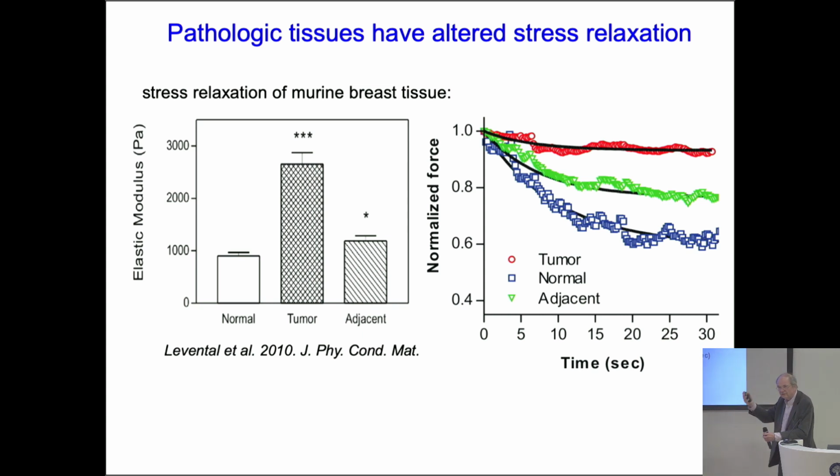And that's because of this viscous part of the mechanics of the tissue. But the tumor is almost completely solid. It's stiffer, but it's also more elastic, less dissipative. But the area in between is now clearly less dissipative than the normal tissue. So you can tell the difference between the boundary and the normal tissue much more easily if you can measure this viscosity than if you try to determine it just from elastic measurements.